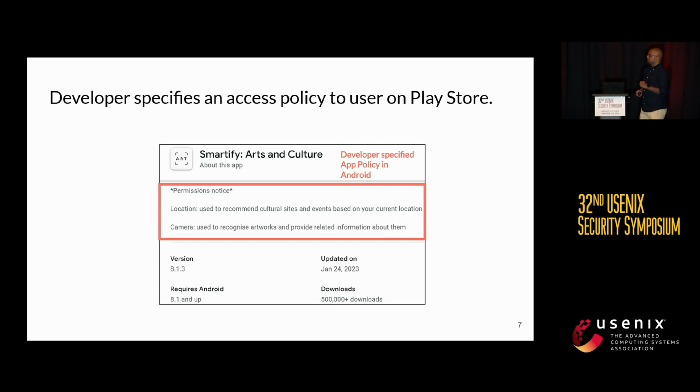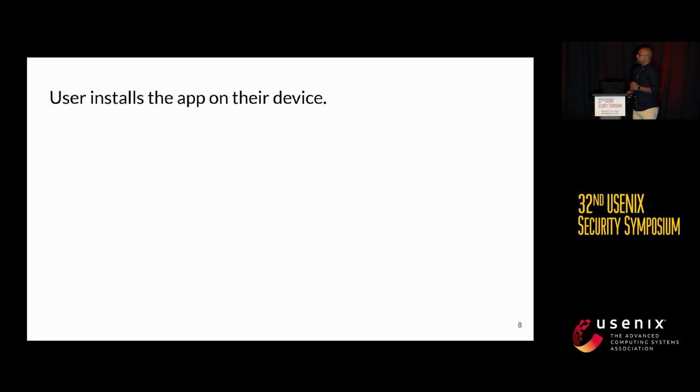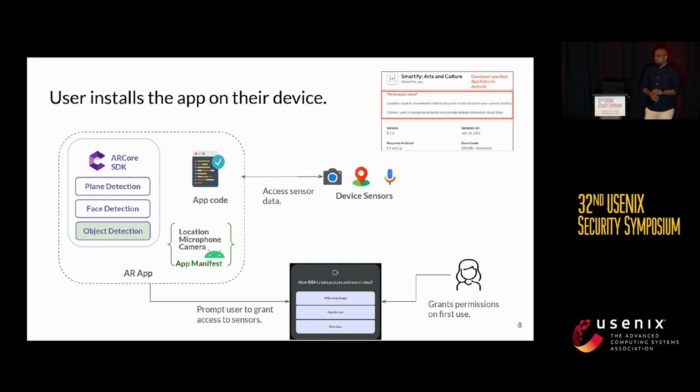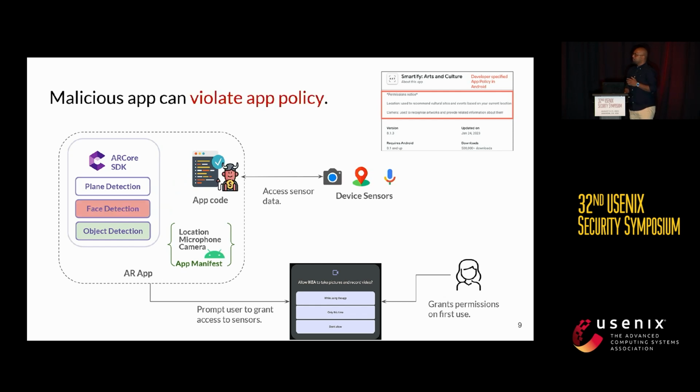Let's walk through an example here. Here is an AR application from Google Play Store, where the developer has clearly specified a specific use case for accessing the camera sensor. The developer says that they need the camera sensor to recognize artworks, and that's the functionality of this application. When the user installs this application on their phone, the user gets a system prompt saying that this app has requested access to your camera sensor. The user grants the permission on first use, and now this application has full access to the data from the camera sensor. Even though the application's functional use case is just object detection, it retains complete access to the camera sensor,